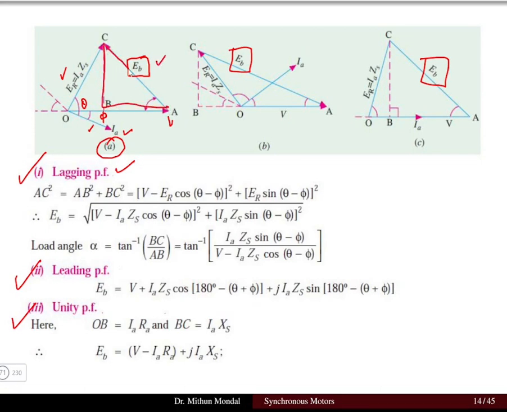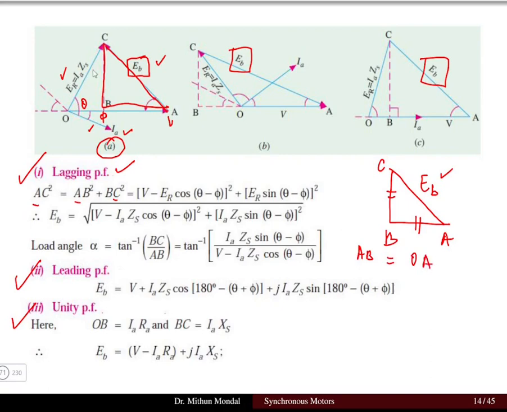Once we form the right angle triangle, we can obtain AC square is equal to AB square plus BC square. In this particular right angle triangle, we have the value of A here, B here and C here. So the value of AC is basically our EB, which is the hypotenuse, and if we understand the value of the perpendicular and the base, we can easily obtain the value of EB. So AB, if we are trying to obtain, will be equal to